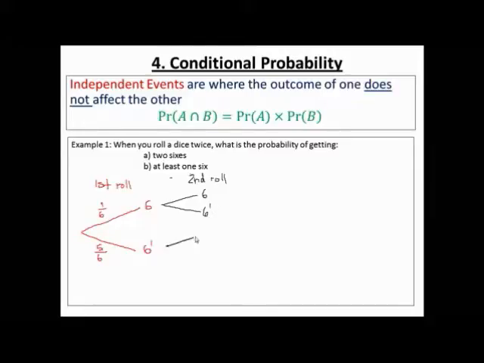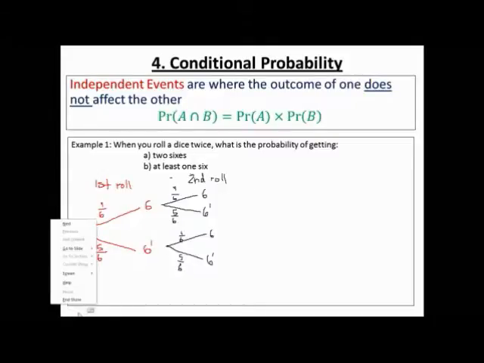And then this branch represents what happened if I didn't get a 6 first. The second time I could still get a 6 or not get a 6. Okay, and the probabilities don't change. It's still a 1 in 6 chance of getting a 6, or a 5 in 6 chance of not getting one. And same for down here, 1/6, 5/6. Now what's helpful about a tree diagram is that it helps us to list all the possible things that could happen. So I'm going to list those